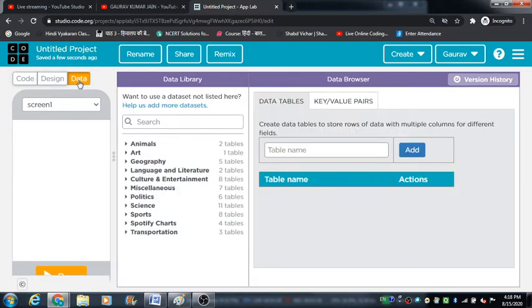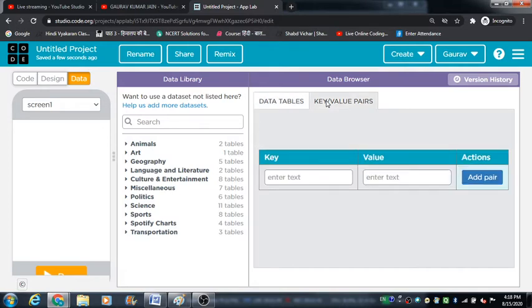Fine. Now here we have got an option of key value pairs. So we need to come on this. Now here we have got two text boxes. In one we can store the key, and in the other we can store the value against that key. Now how this is going to work, we will be discussing. Let me just tell you how we can store a key value pair here in these text boxes, on our data browser, on our app's store.